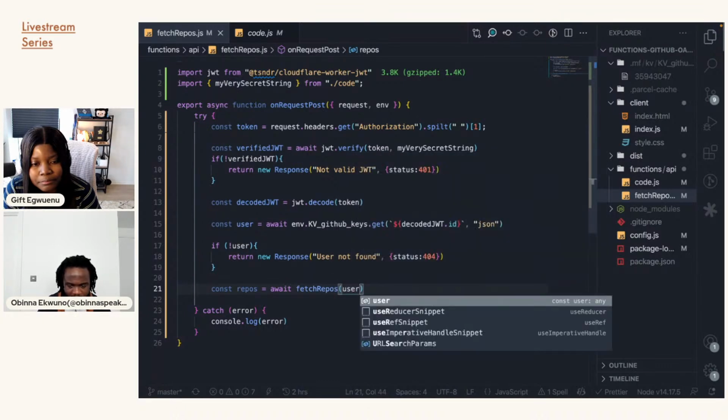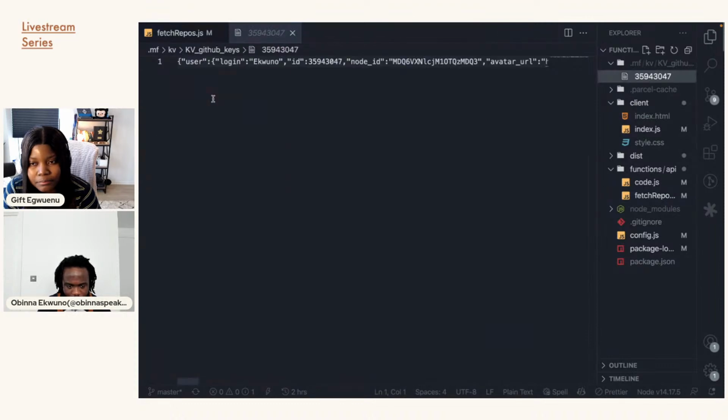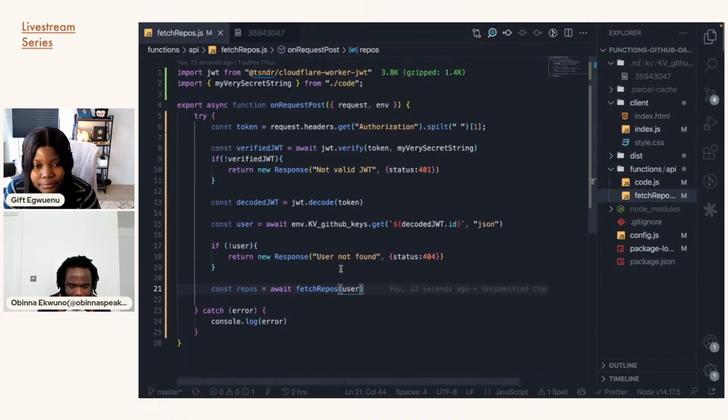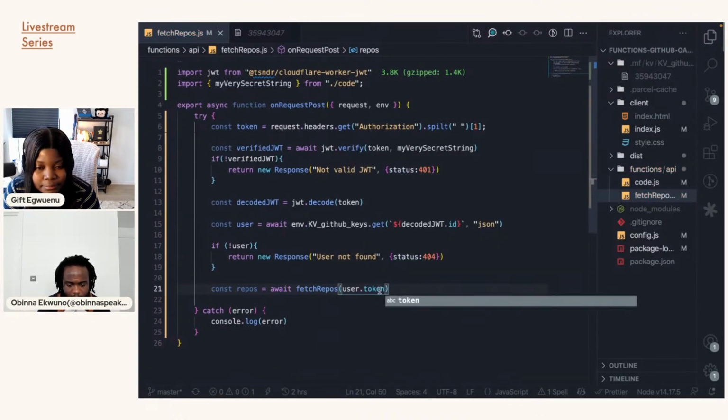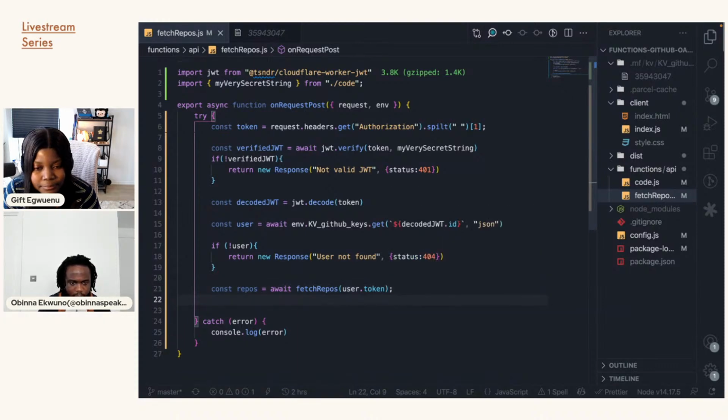Because of how it is stored here, you can see that this is an object, right? So user dot something is what I'm going to use to find my access token, that's somewhere at the end here. Oh, it's at the end, because that's the last thing we added. That's why. So I just do this, right, and then